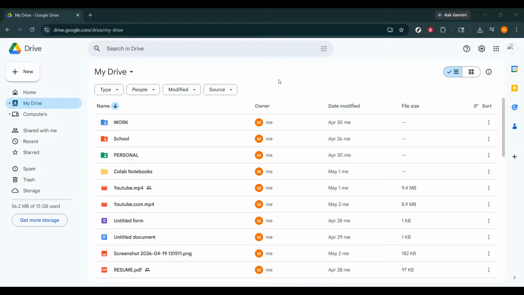If you've ever tried to download a file from Google Drive and seen the message "Download quota exceeded," don't worry, because in this video, I'm going to show you the fastest way to fix it. This is one of the most common Google Drive issues, especially when you're trying to download a shared file link that has been viewed or downloaded too many times. The good news is that there are a few simple workarounds you can try right now to get the file